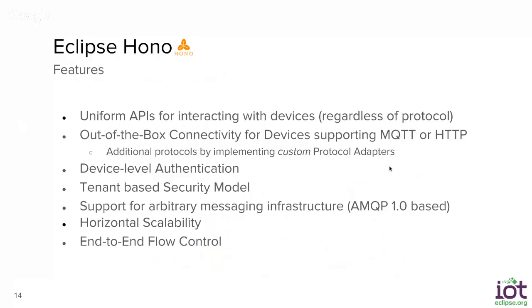And then a very important aspect for us is to be able to scale out horizontally. And this is also reflected in the technology that we chose for deployment, meaning we provide a set of Docker images, and you can deploy them to any container orchestration platform that is able then to, for example, scale up the instances of particular microservices that Hono consists of. And one very important feature is, and that is the reason why we chose to use AMQP 1.0 internally for the message exchange, is end-to-end flow control. And we will come to that later as well. I will give an example.